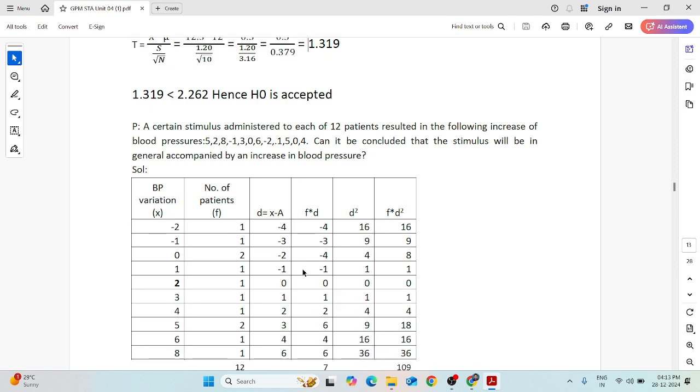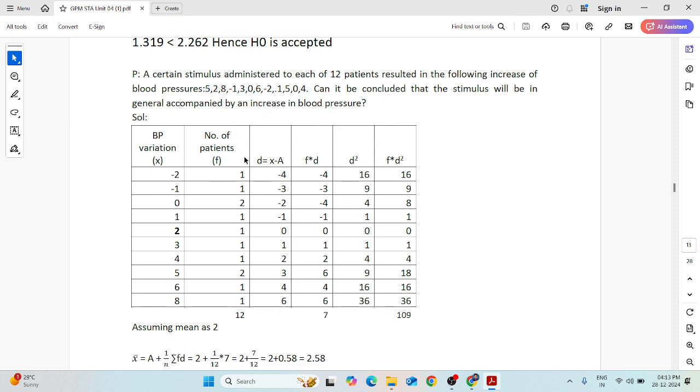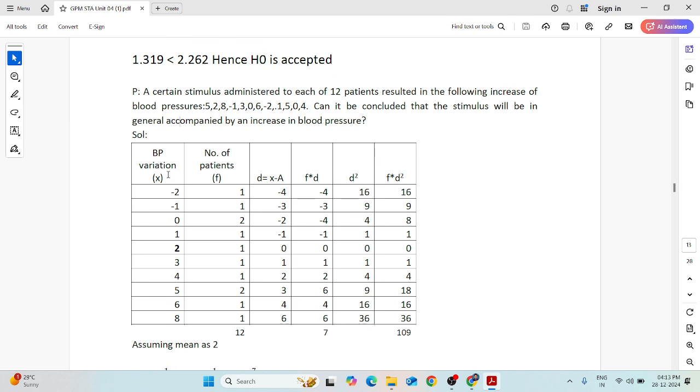So here there is another problem. In this problem, 12 patients had an increase in blood pressure. See, here also the mean is not given, the standard deviation is not given. So deviations we need to find. Considering this variation, whatever is given in the problem,